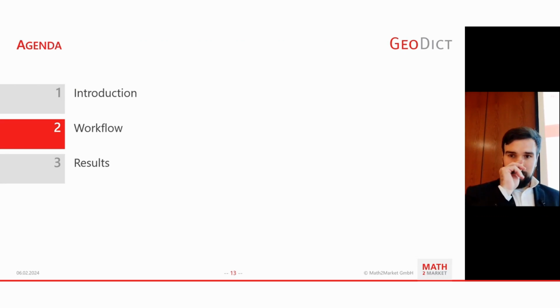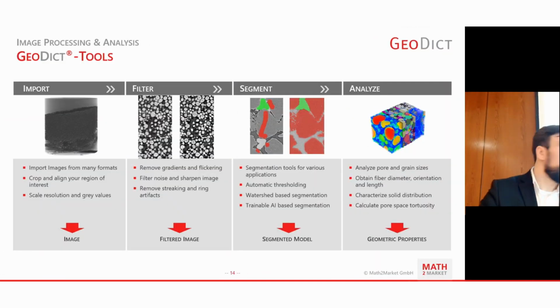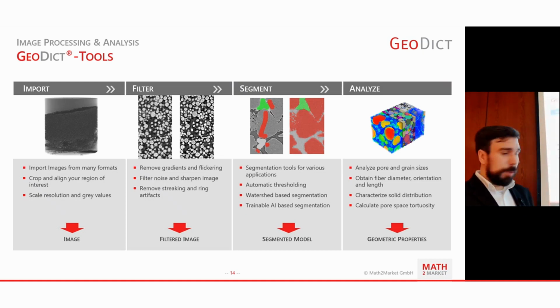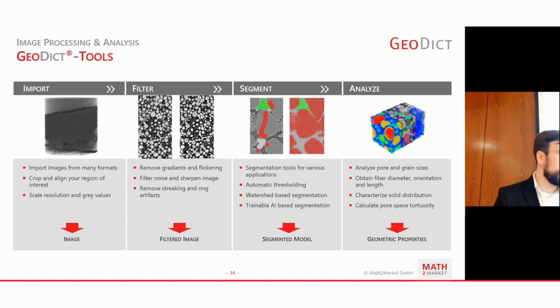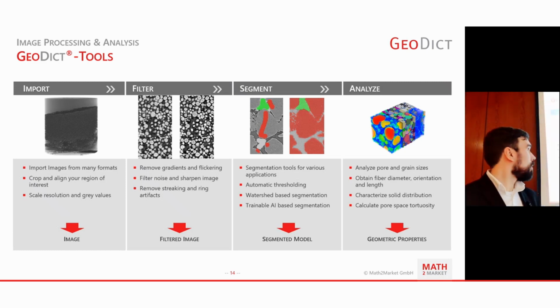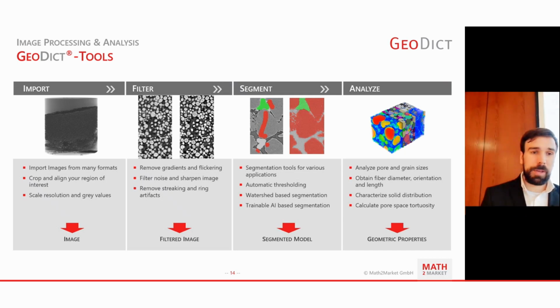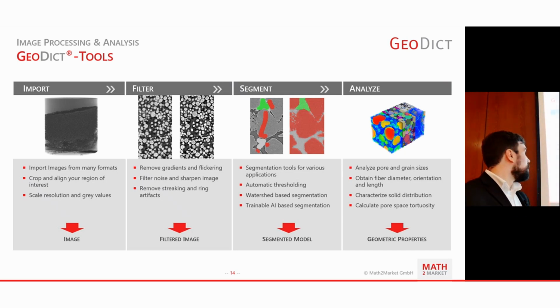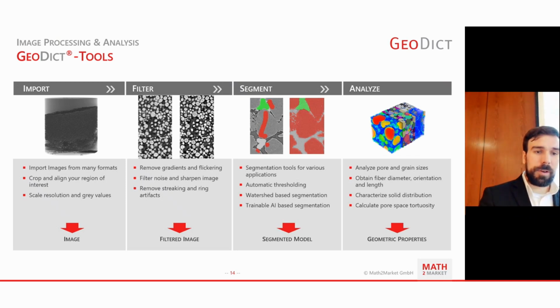And now we will get into more detail. How do we do all this in GeoDict? Which modules are required? And then a bit of the technical part. So, a short overview of the import and image processing tools in GeoDict, because we don't have an image processing session this year, so it's part of this session. We have basically everything you need for image processing in the software. We have the import tools to import many formats that exist. And if you have one that doesn't exist, we can probably just add it. Just ask us.